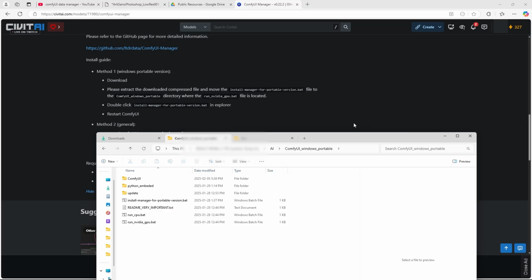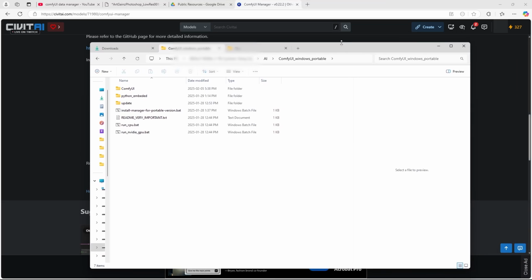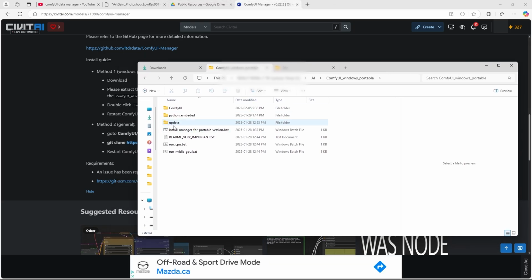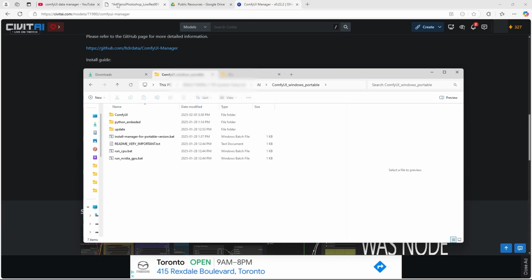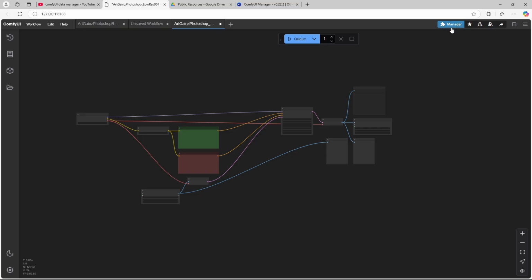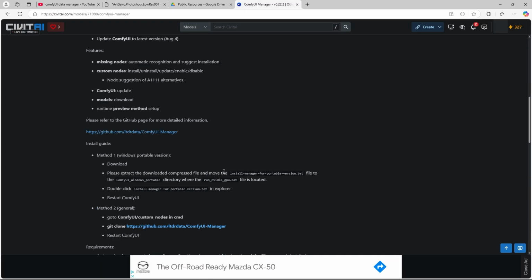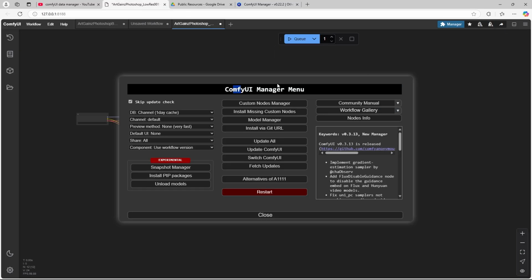You have to restart ComfyUI a lot. You'll find when you install it, whenever you put in a new checkpoint or a LoRA or whatever, you'll have to restart ComfyUI in order to use whatever you just installed. Okay, so once you have that installed, this manager will be available here. You can click on that, and this will open up, which is a bit more complicated than the preview image from Civit AI. They've improved it since they made this thumbnail. So we have the ComfyUI manager menu, and you want to go down to Custom Nodes Manager